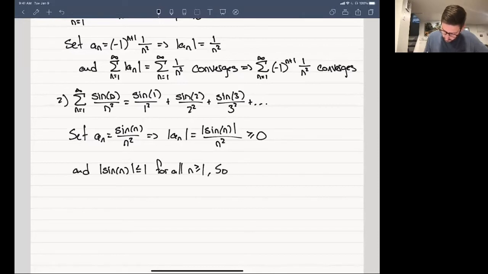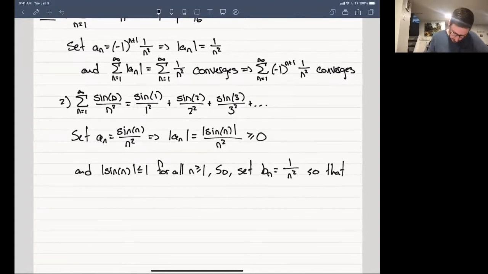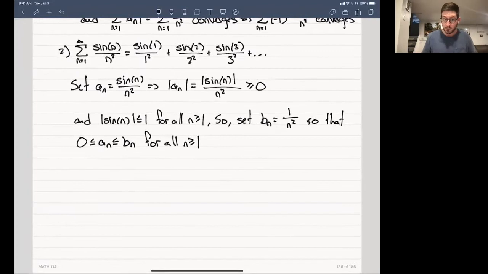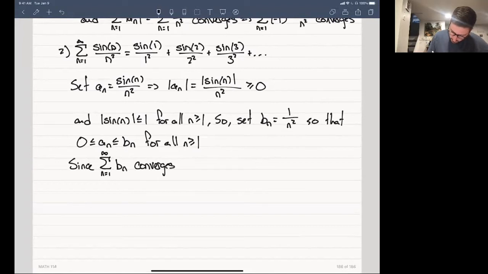So let's set b_n equal to 1 over n squared, so that 0 is less than or equal to a_n, which is less than or equal to b_n for all n. And now we're in the realm of using a comparison test. Again, we know that the sum of b_n's is convergent. Since this, again, we just used in the previous example too, converges by the direct comparison test,